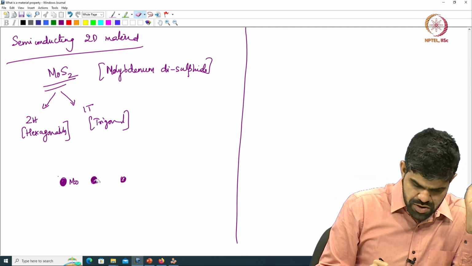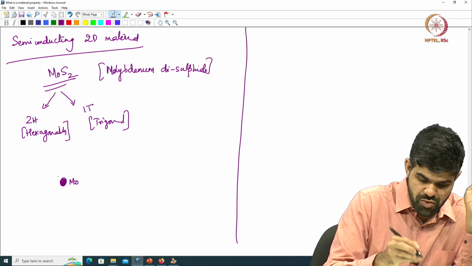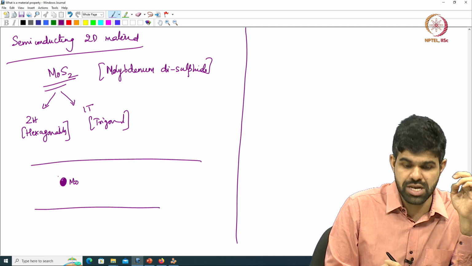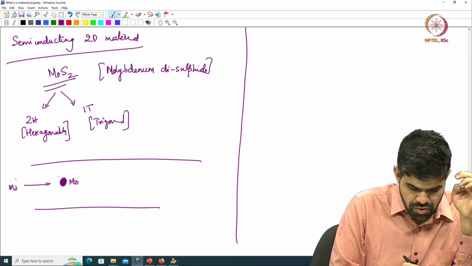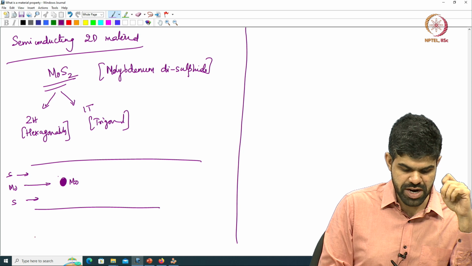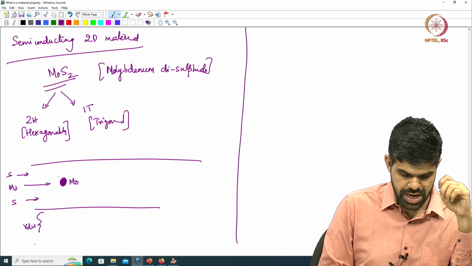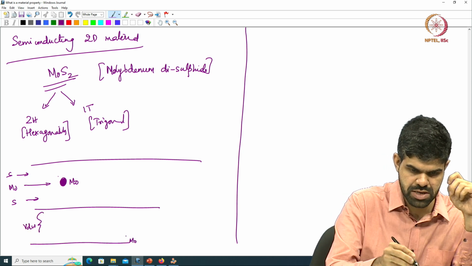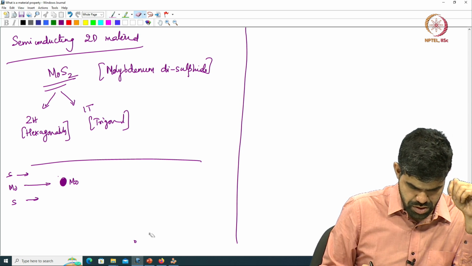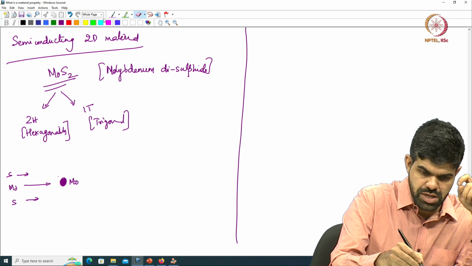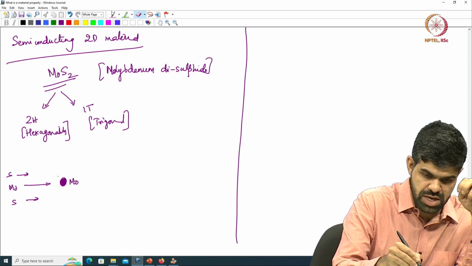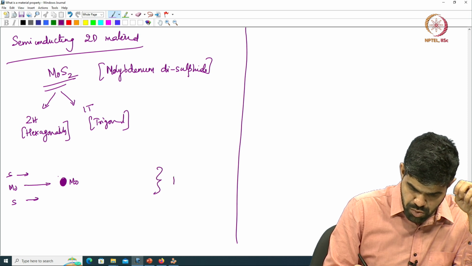So in this one unit of the lattice, I am going to talk about one layer of MoS2, which is actually one layer of molybdenum, one layer of sulfur on the top, and another layer of sulfur on the bottom. And then you have a van der Waals gap, and again the same thing starts. You have molybdenum again, let me draw it properly. Okay. So one layer of molybdenum, one layer of sulfur on the top, one layer of sulfur on the bottom. This is one monolayer